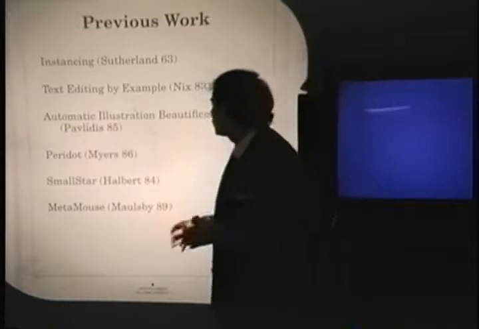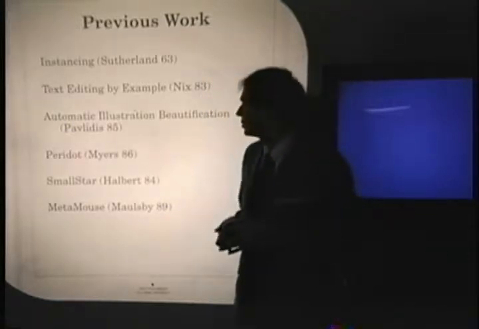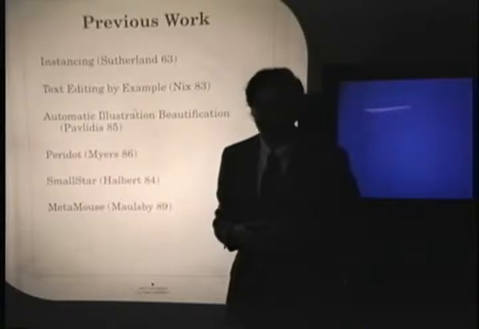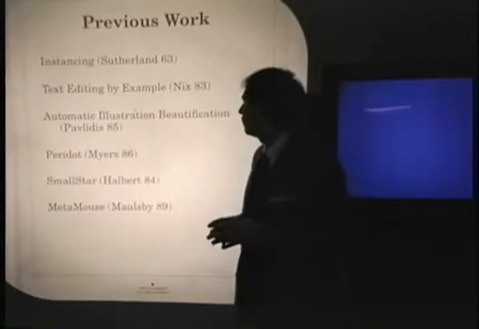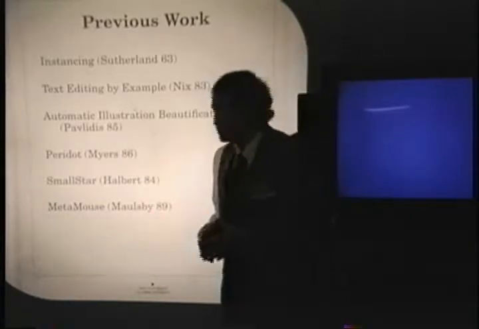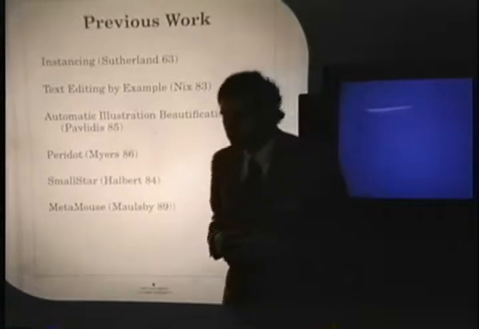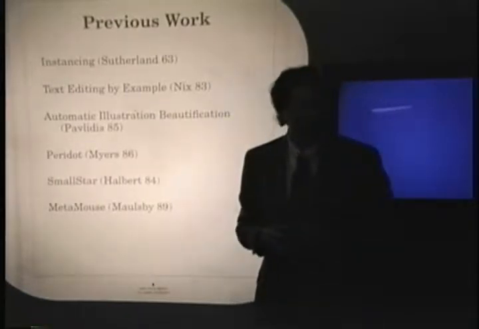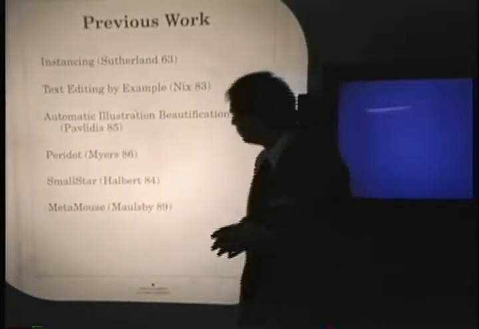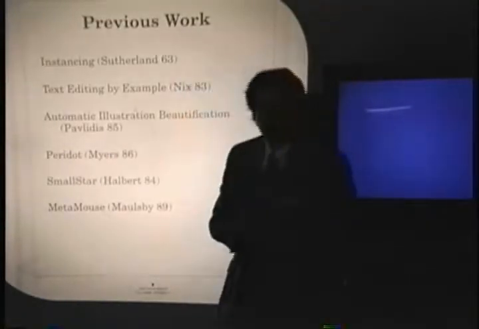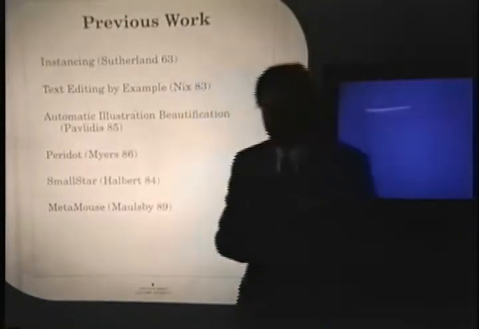Theo Pavlidis worked on an automatic illustration beautification system. His system would look through a roughly drawn illustration for relationships that were almost fulfilled and establish them precisely. And Brad Myers in his Paradox system developed some algorithms in order to infer constraints among objects forming user interface widgets. And the final 2 pieces of work are both programming by example systems, and Chimera has a programming by